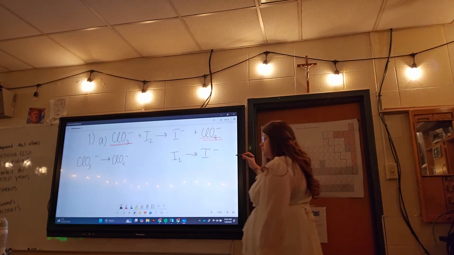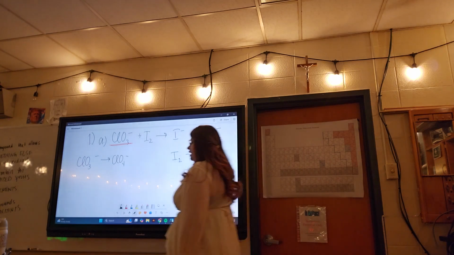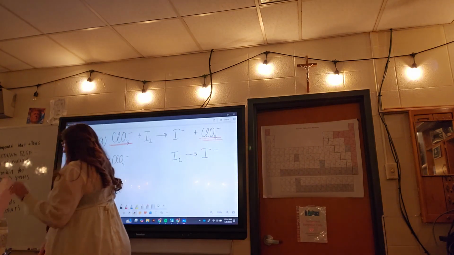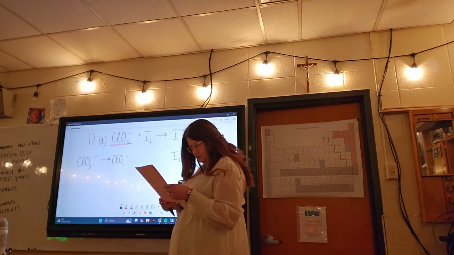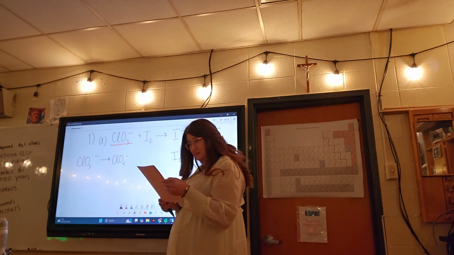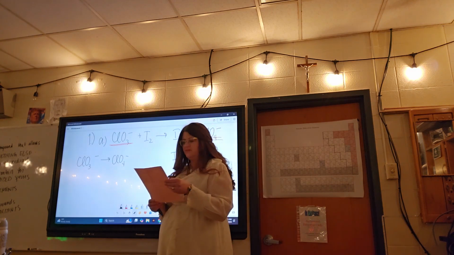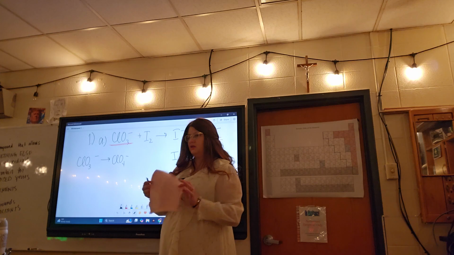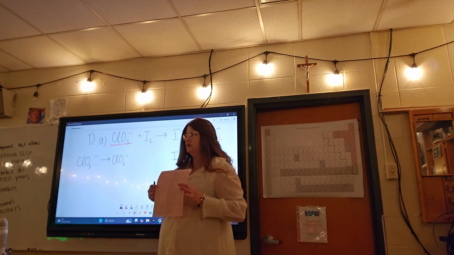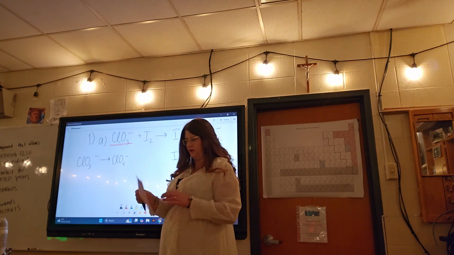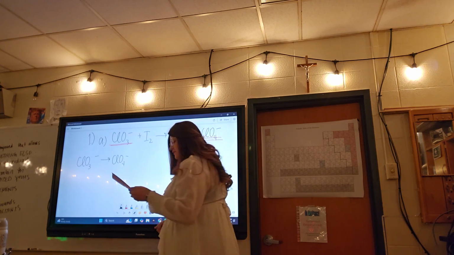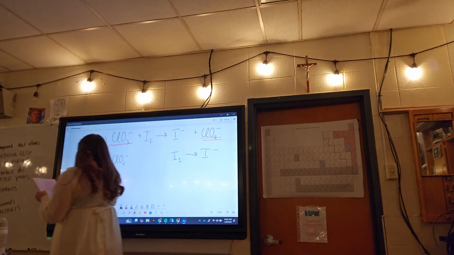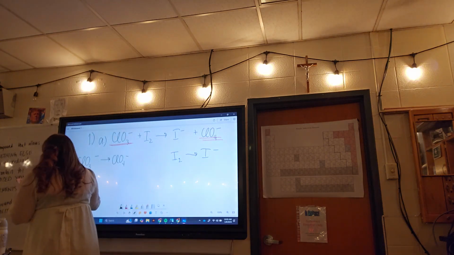Okay, the next thing that you need to do is find these equations on your light pink sheet. All right, so first I'm going to try to find the ClO3. It has to be as close to exact as possible. So I'm looking at the left-hand column, and here I see a ClO3 minus, but it doesn't have what the other side of the reaction is the same. But if I look down a little bit farther, I see that this reaction,